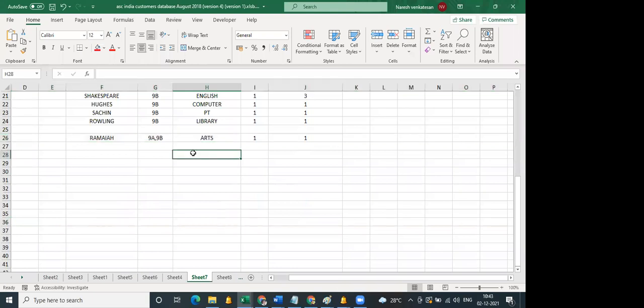So if you're following Kannada and Hindi, 2 subjects happening in 2 different classes, you separate it with a hyphen or a slash.